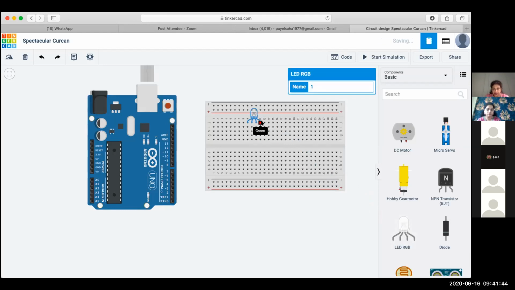So make sure they occupy different columns. Otherwise, if you connect them like in other orientation, we might short their terminals. We do not want that. So make sure that each of the terminal occupies a different column. Now, when you take your cursor near to the terminals, you see that this is my red terminal of the RGB LED. Followed by the red, we have the cathode. Followed by the cathode, we have blue. And followed by that, we have the green terminal. Right?